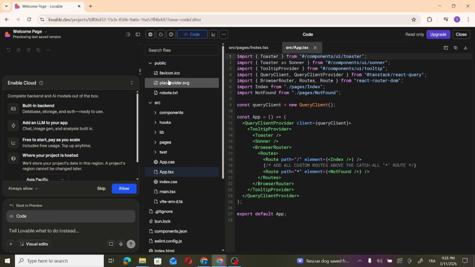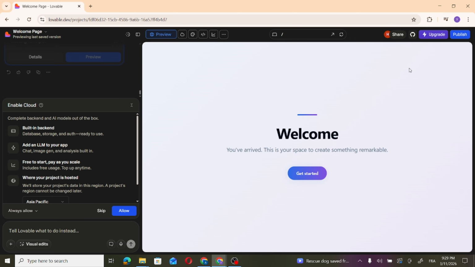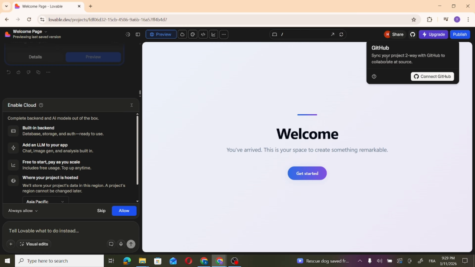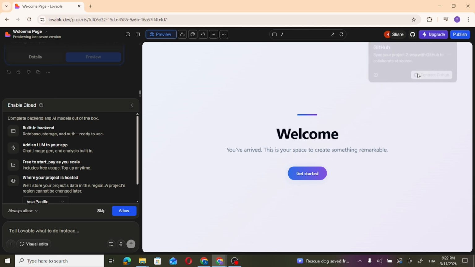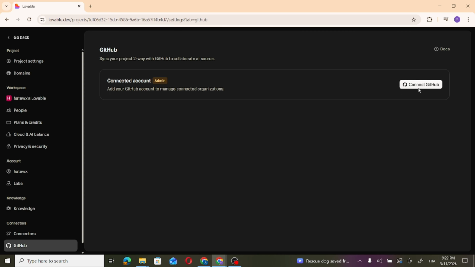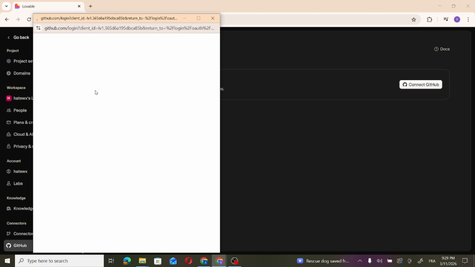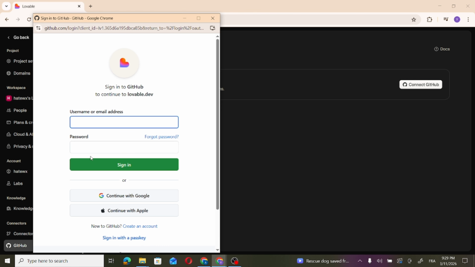The second method is to simply connect your project to GitHub. After you do the connection to GitHub, after you press connect GitHub here, and then you input your GitHub credentials here, and authorize the connection, a repository will be created in GitHub. Then you can simply download all the codes for this project, all of them inside one zip file from GitHub,